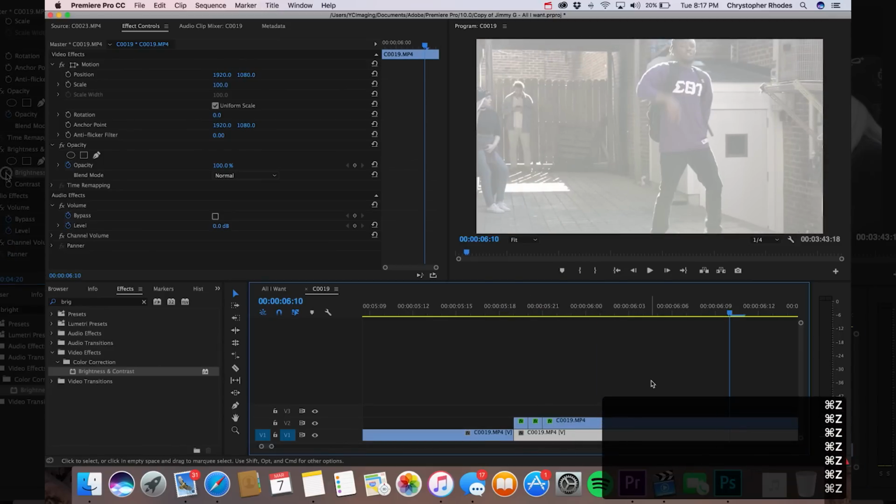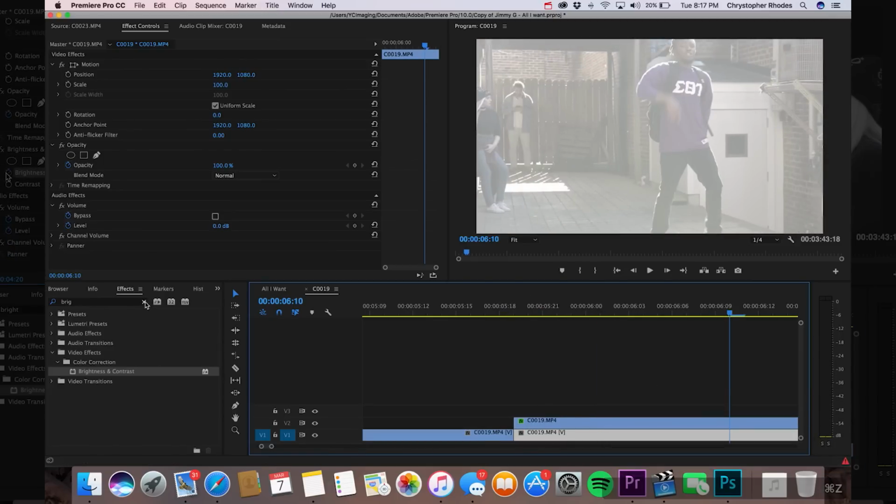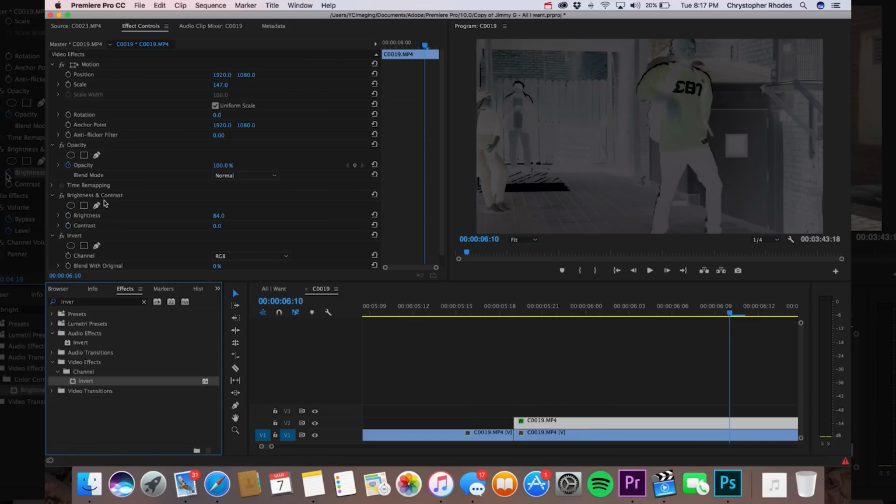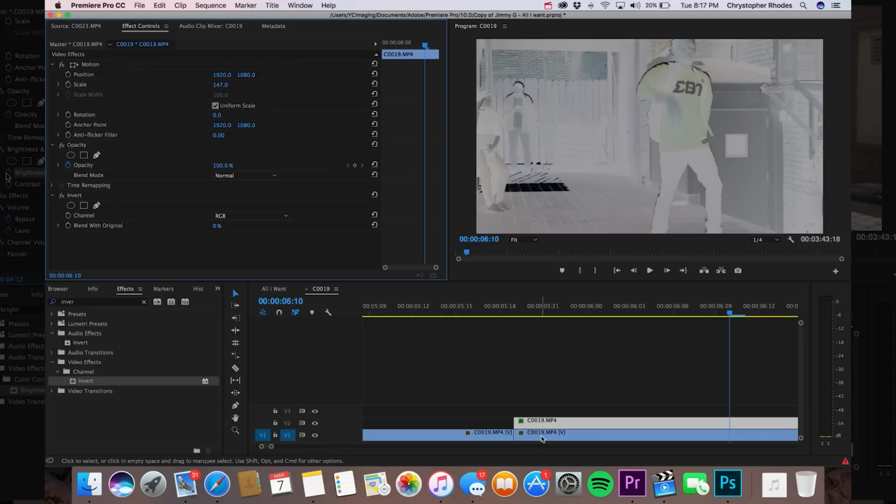And another one that you can do that looks actually pretty sick as well is you can invert this. And this goes on and on. There's so many different things you can do to the hi-hat cuts, just to give it a little bit of difference. So we're gonna add the invert to this one, but we're gonna delete the brightness and contrast because we don't want that.